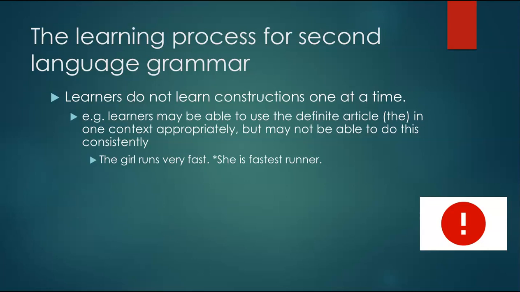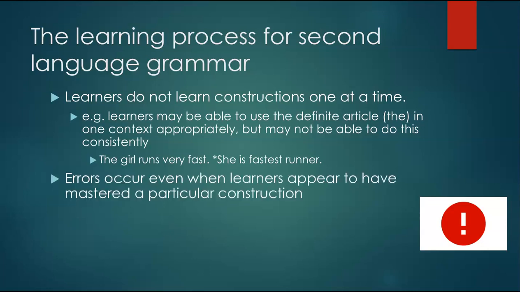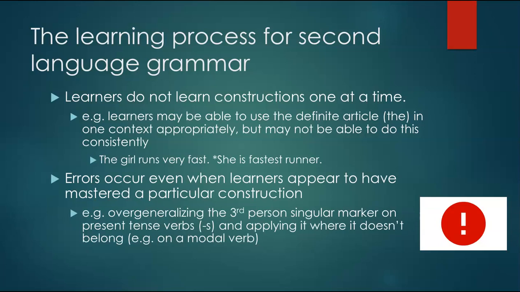They've left it off. So we'll see that it's not as if a person acquires one construction, completely masters it, and then moves on to the next. We will see that errors occur even when learners appear to have mastered that particular construction. So another example is that they might overgeneralize the third person singular marker on present tense verbs. So putting the S when saying